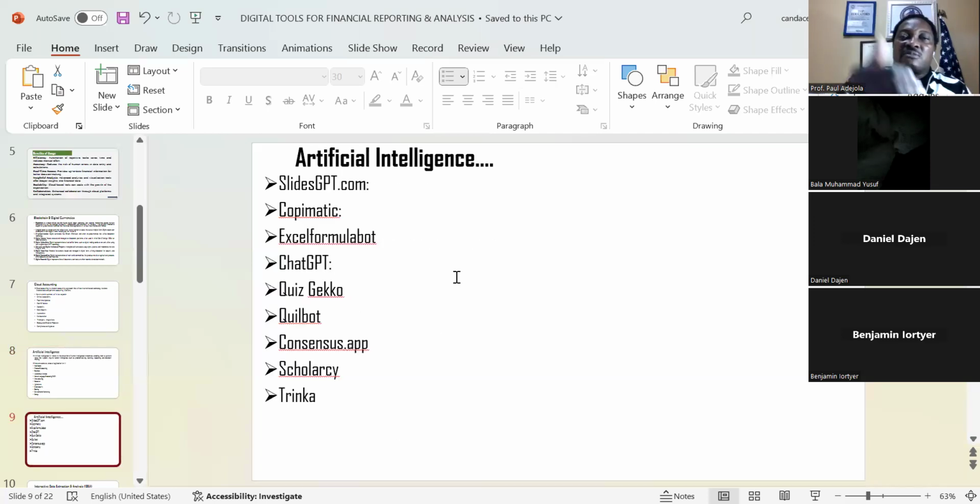Here are some artificial intelligence tools relevant to professionals, scholars, and researchers. We have them. You can see the first one there, slicegpt.com. SliceGPT as a scholar. Some of us, I'm sure, were lecturers in our various institutions.